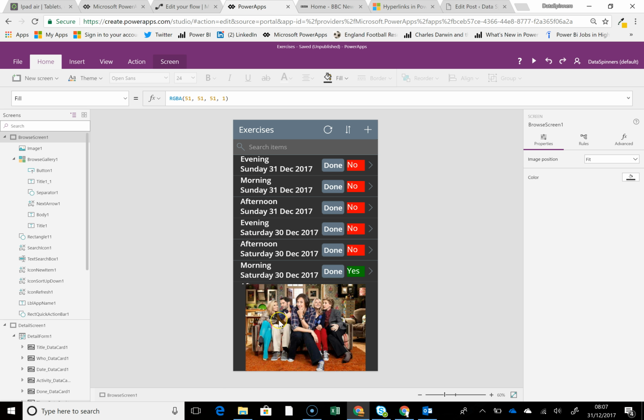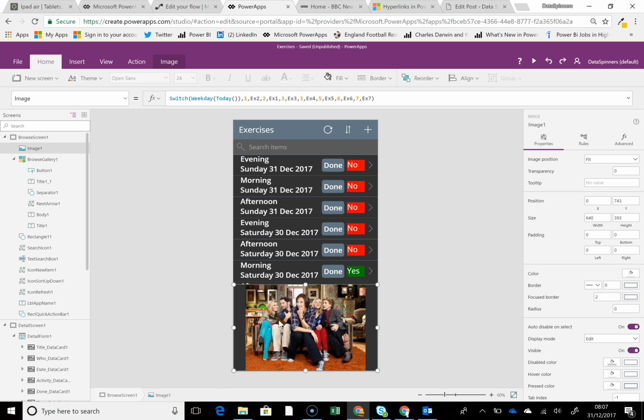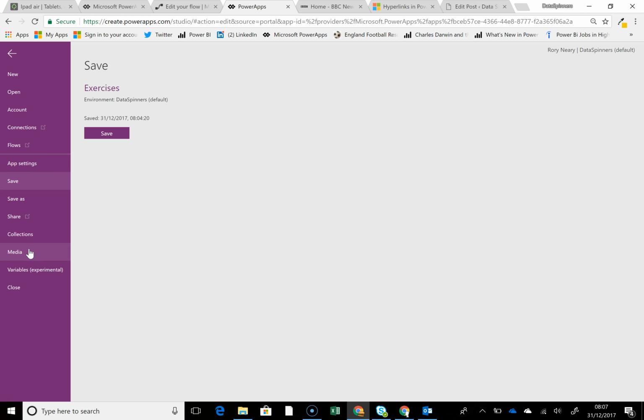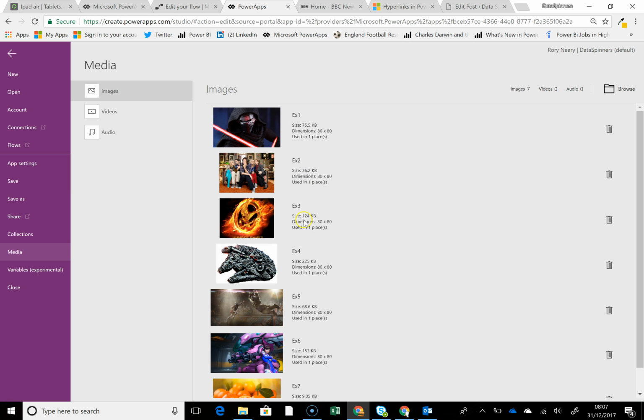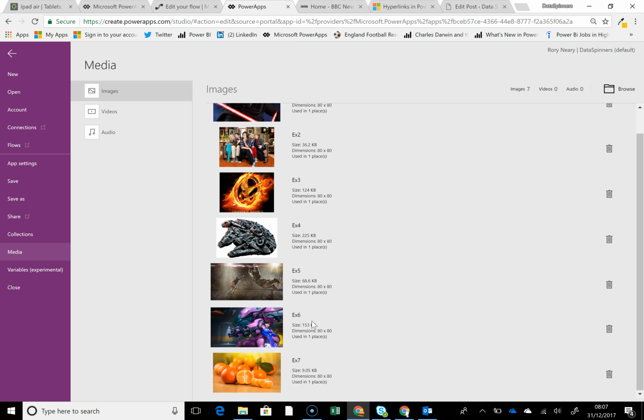The first one is this image that you have down at the bottom, and what this does is it uses the switch formula to change the image that occurs each day. So essentially every day she gets a different image, and the images are sat within media. I've loaded them up, and there they are: you've got EX1, EX2, EX3, down to the bottom. So 7 days a week, and those are all your